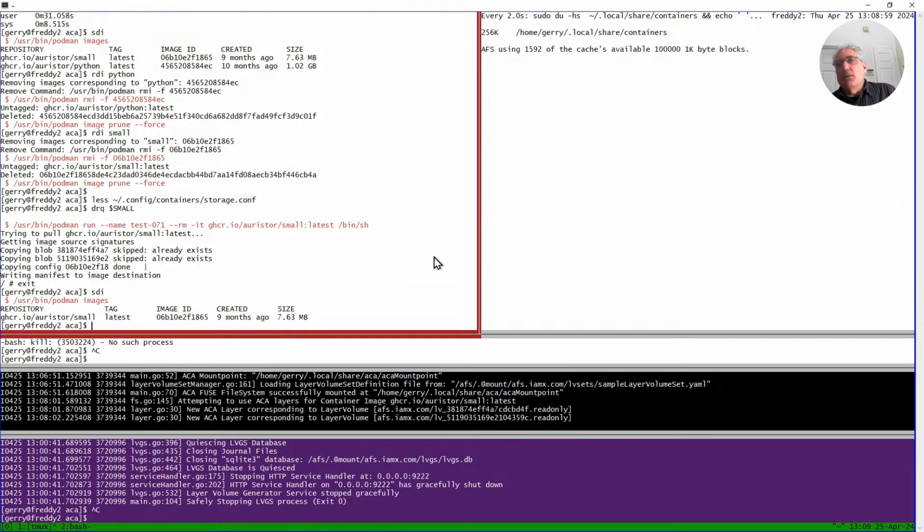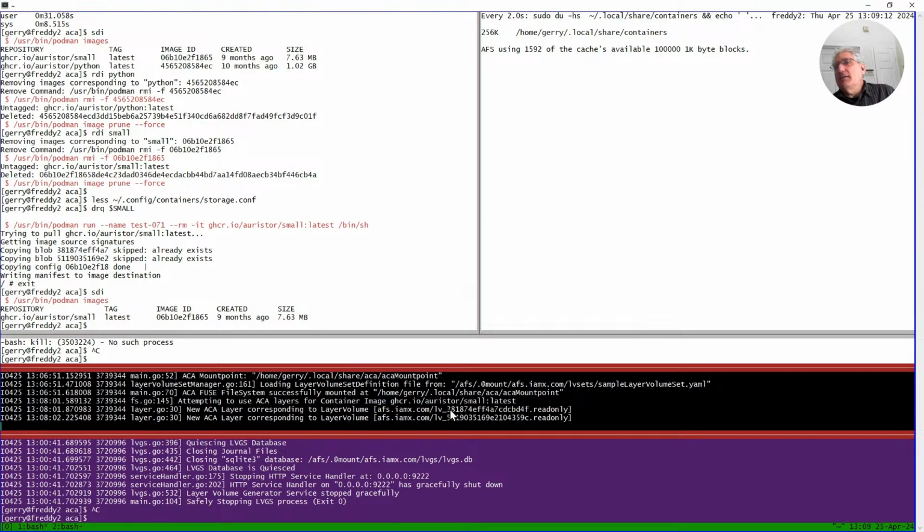Okay. And the reason is, this is my fused file system. When Podman looked for the layer corresponding to this digest, it's providing the content indirectly from one of the volumes, remember I started a volume, which is a rooted directory tree, that has been stored, that's living in the Orastore file system.